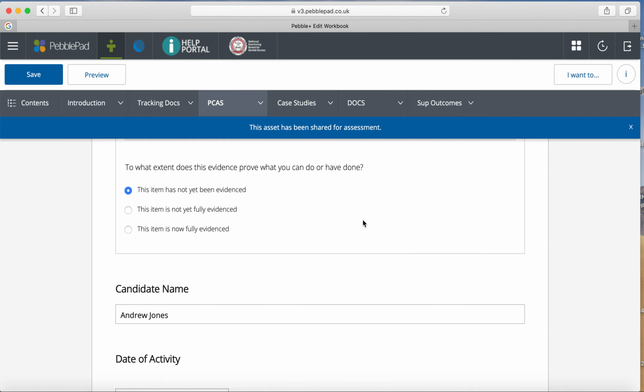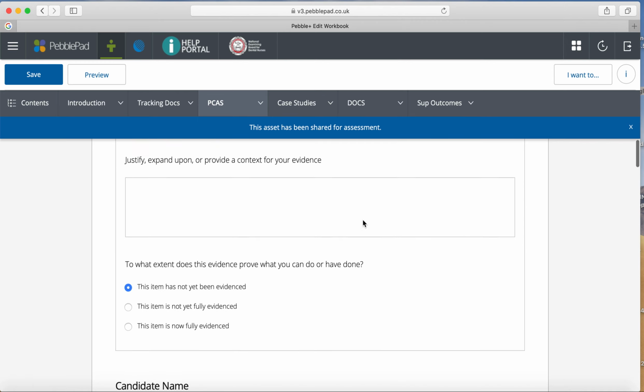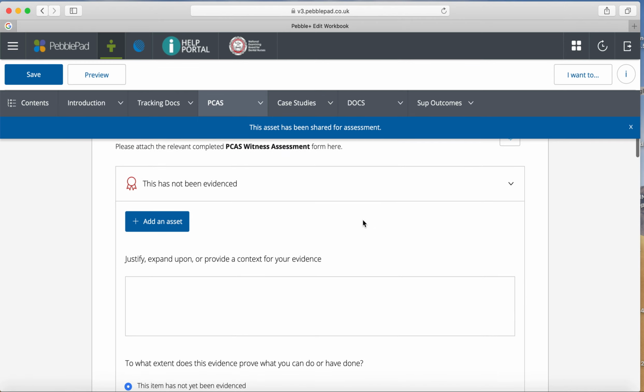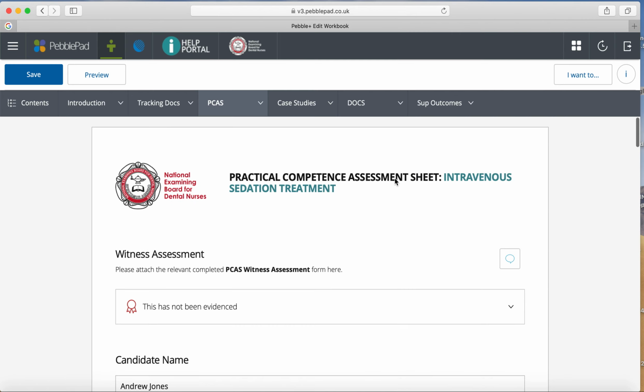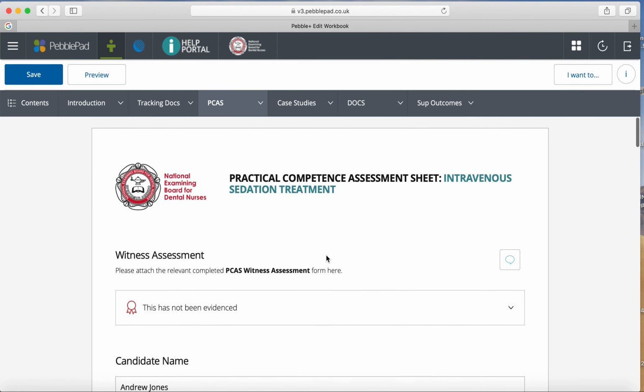See here, it said it was fully evidenced there, but it's not. That just means that you've uploaded your witness assessment sheet, which we haven't. It just said that because I trialed this a few times. So here, when you log in and go to your PCAS one, the one you just completed, it will say this